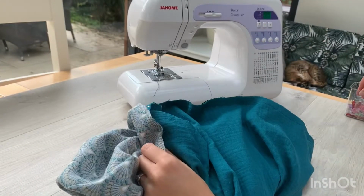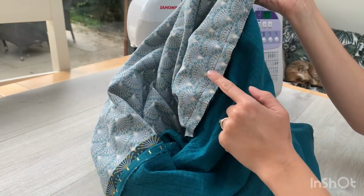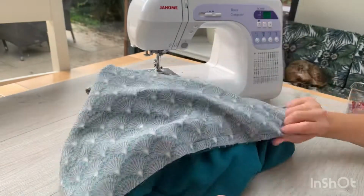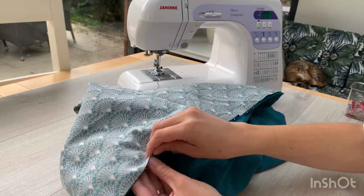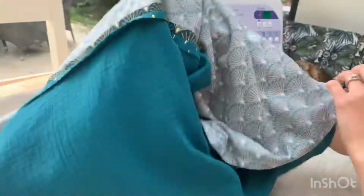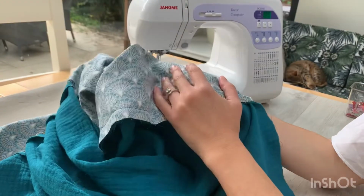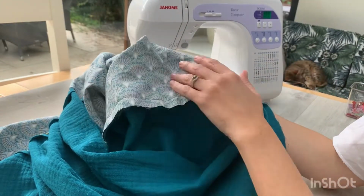Okay, so we've come all the way round with a 1.5 centimetre seam allowance, and we've left this gap here which is just big enough for me to pop my hand into, in fact plenty big enough. Before I turn this, it's very tempting now to turn this right sides out and see how the scarf looks,